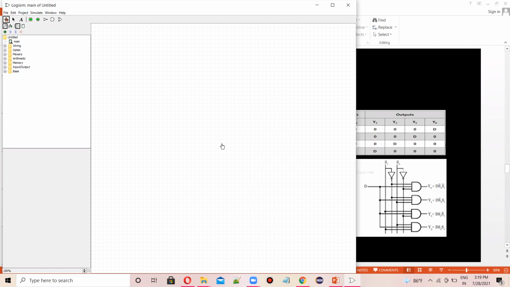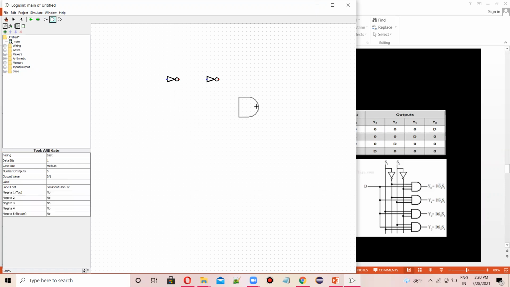So let me select 4 AND gates and 2 NOT gates.